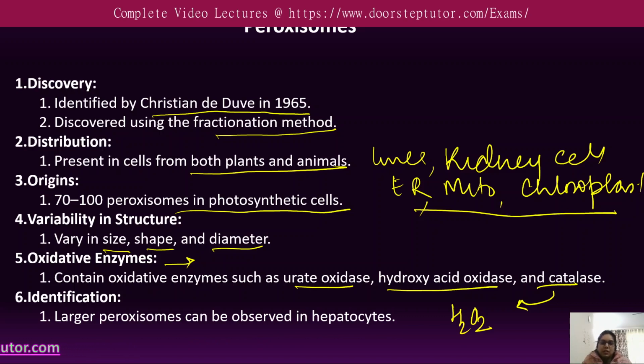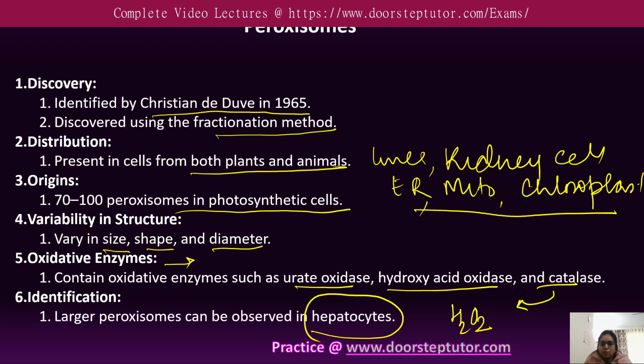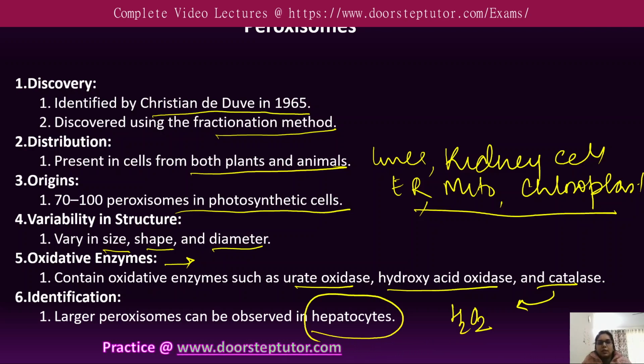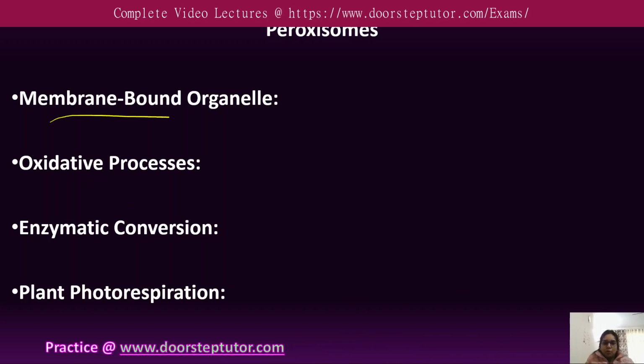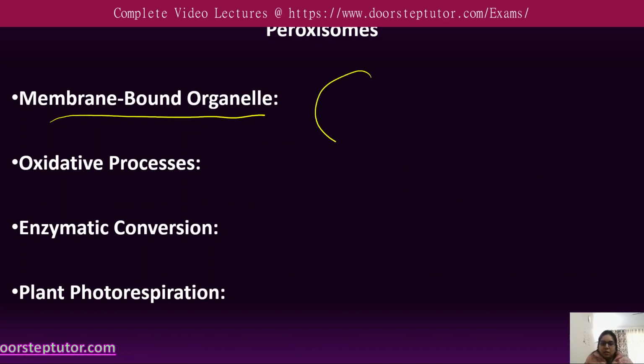For identification, peroxisomes are usually identified using a catalase biochemical reaction, and the larger peroxisomes can also be observed in the hepatocyte. In laboratory preparation, the structure can be visualized in a stained preparation, appearing as a minute organelle, and the urate oxidase is found in the nucleoid and the crystal structure of the core. The functions of the peroxisomes: they are membrane bound organelles, which we know have a single phospholipid bilayer, and they are present only in the